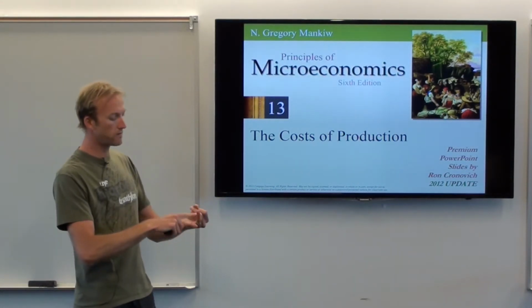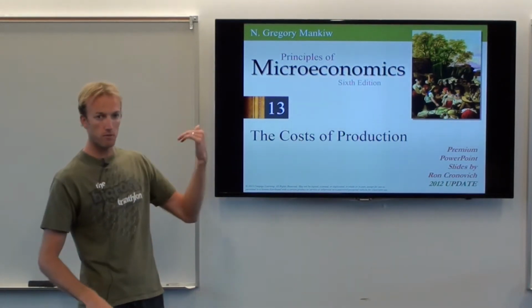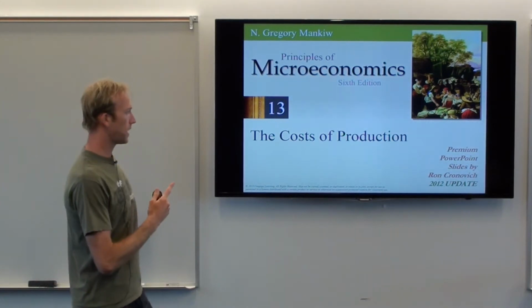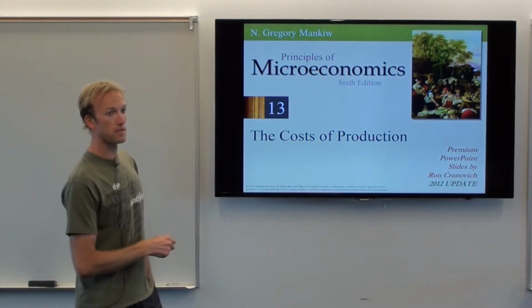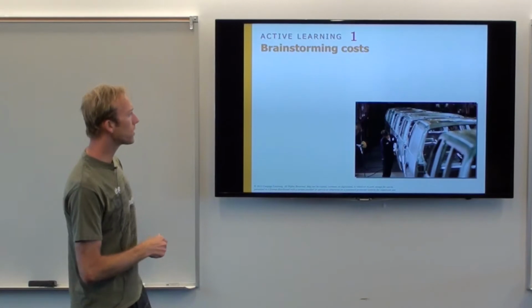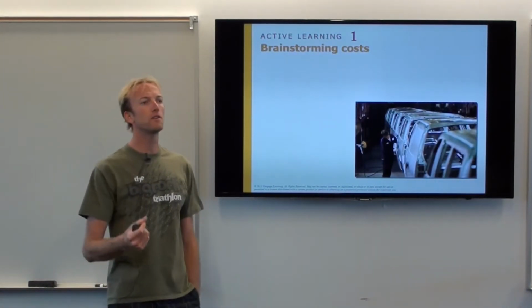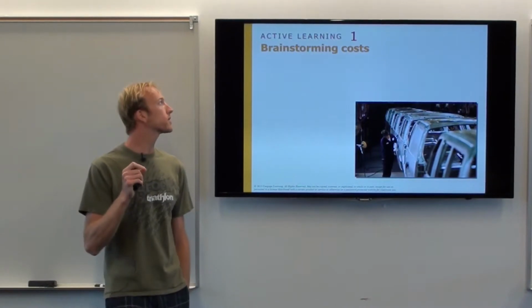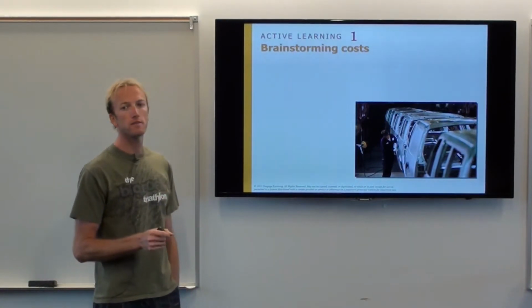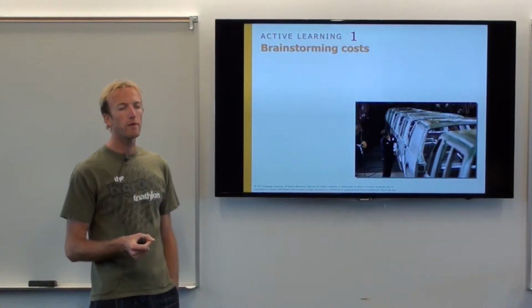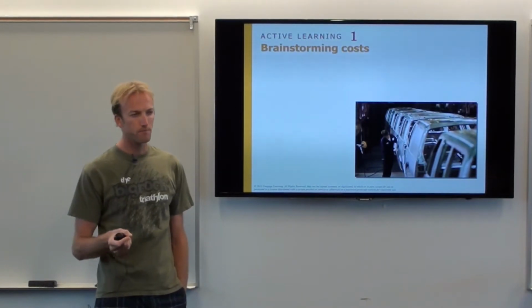So after this we do 14, 15, 16, and 17. There's 4 more chapters after this one. And every single one of them relies on this guy. Okay, so in order to help this chapter move along, because it is difficult, I want you to sit and I want you to think about costs. This whole chapter is about the costs of production.